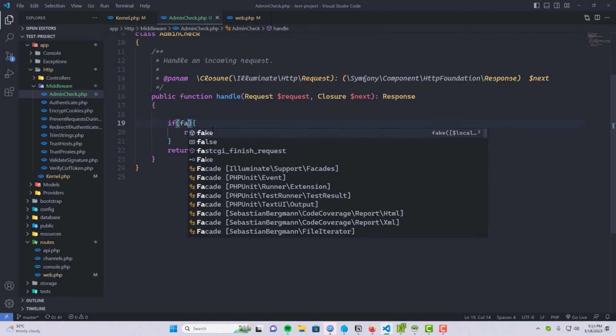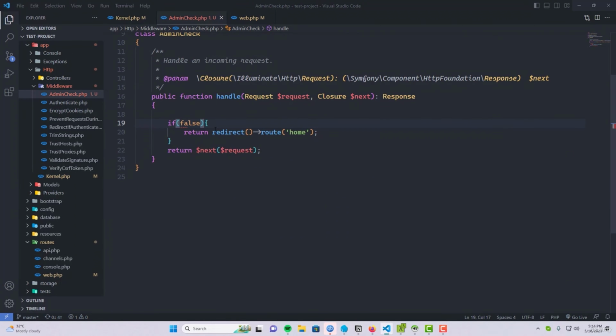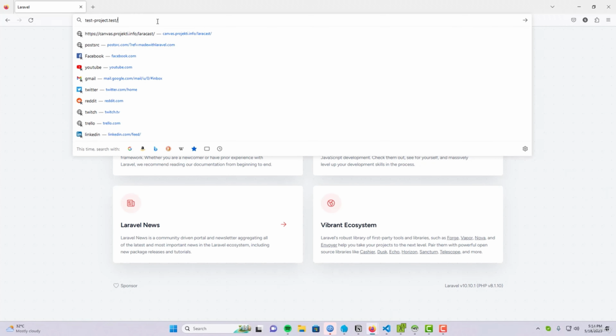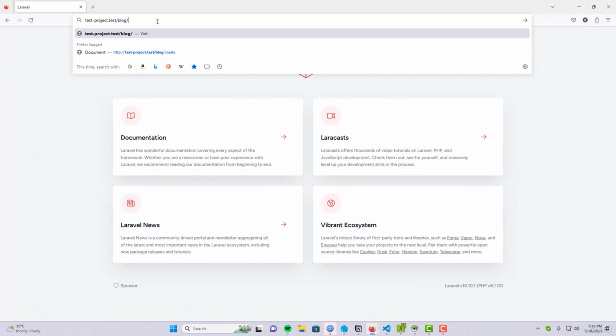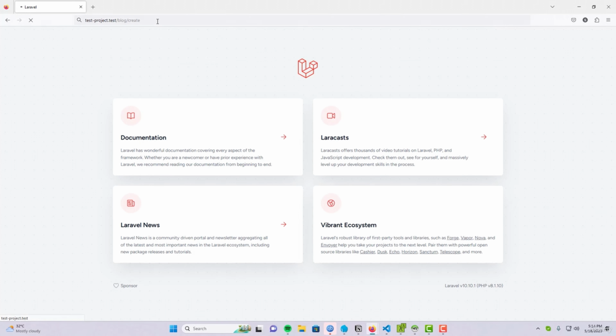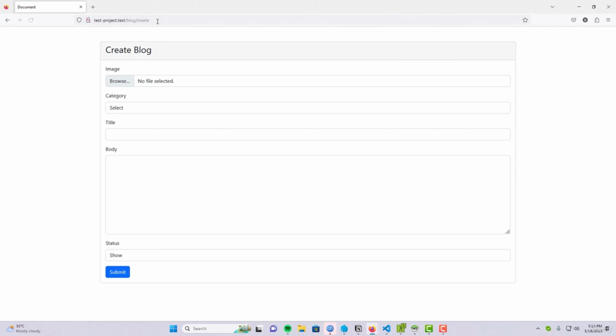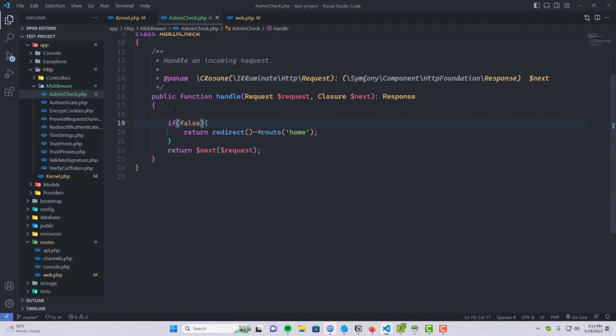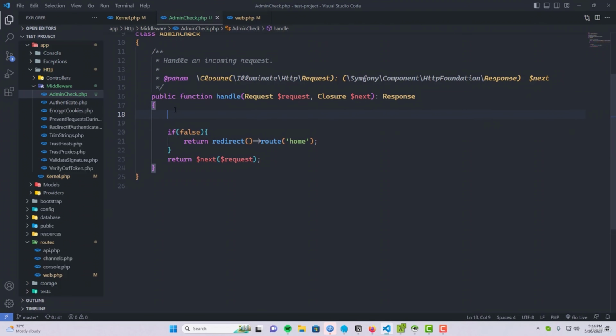If I add here false, now if I try to access blog create, enter, look at now, we can now access our page. Got it? Now if I give you a little bit more hint about it, let's say I will add a user